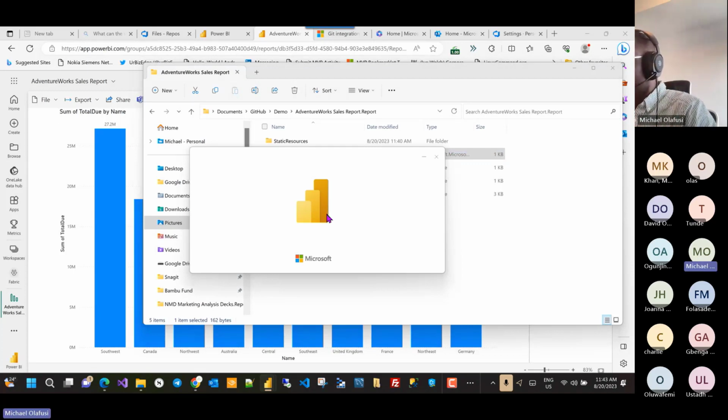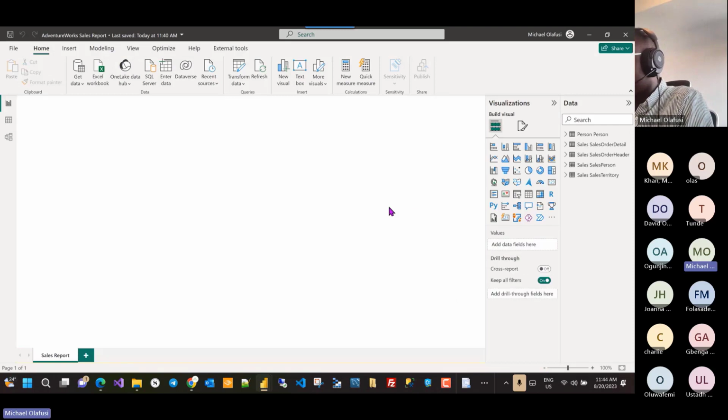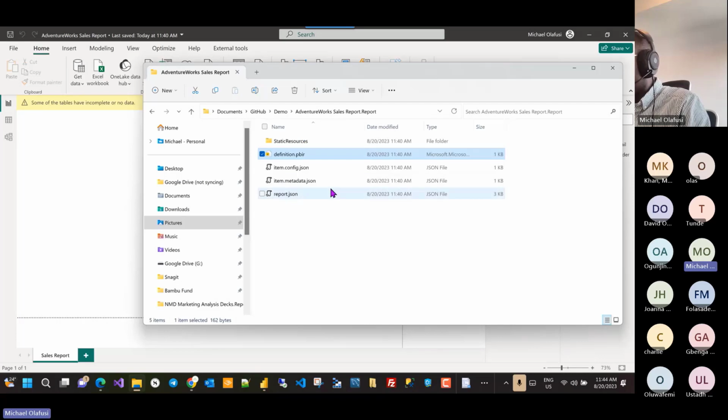See, it's launching Power BI, and it will open the report as I would have with a PBIX. So I will tell you something interesting. The first time you open it, it will tell you there is no data. There is no data, and the reason is